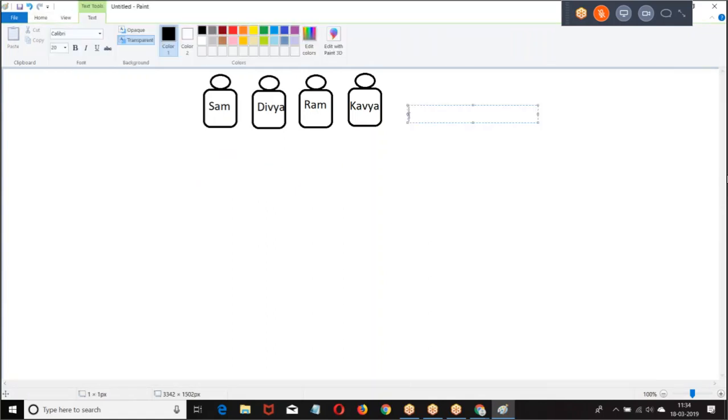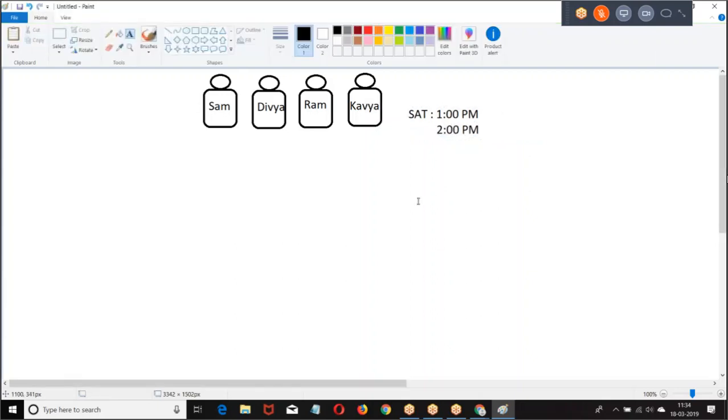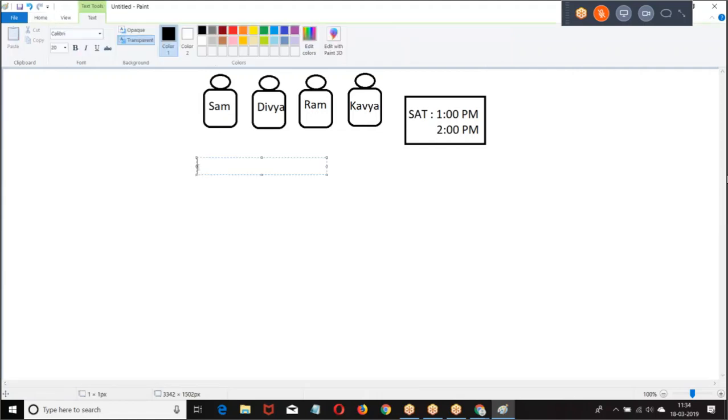They schedule a plan. Let us say on Saturday, at 1 o'clock, they want to go for some lunch. Then they want to go for some movie at 2 o'clock. This is a schedule which they planned for next Saturday. This group of friends have scheduled this plan. Now, Shyam on Wednesday received a mail. They told there is a deployment on Saturday.